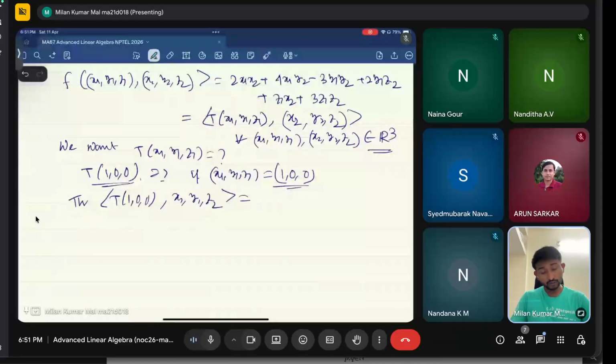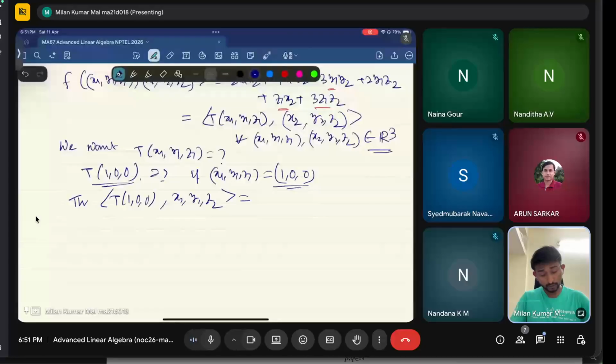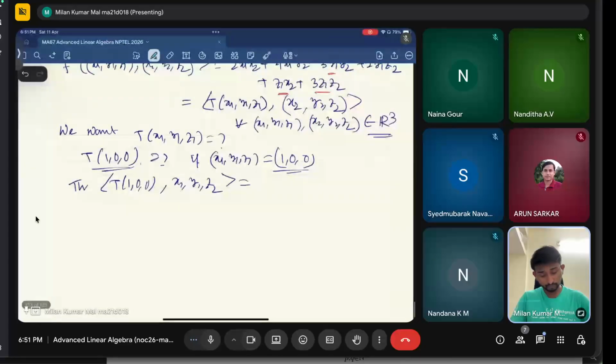So this is going to be 0, this is going to be 0, this is going to be 0. So I will obtain 2 x2